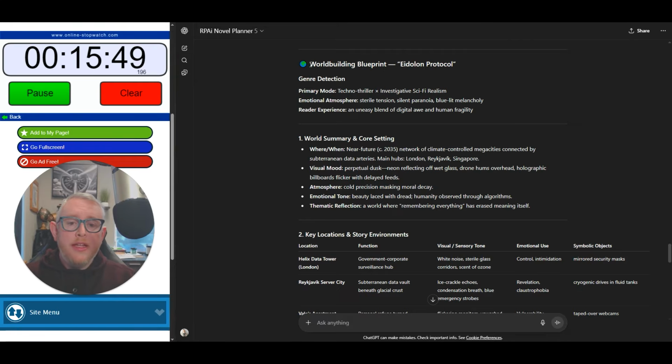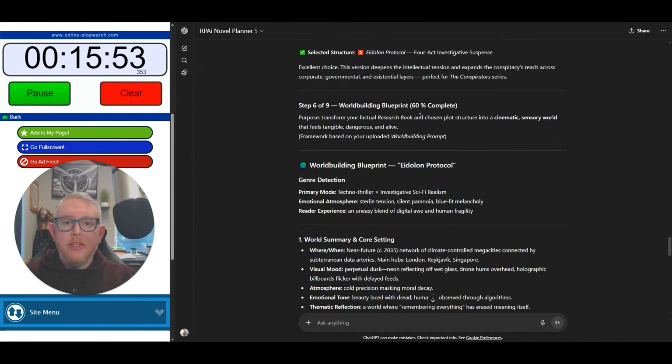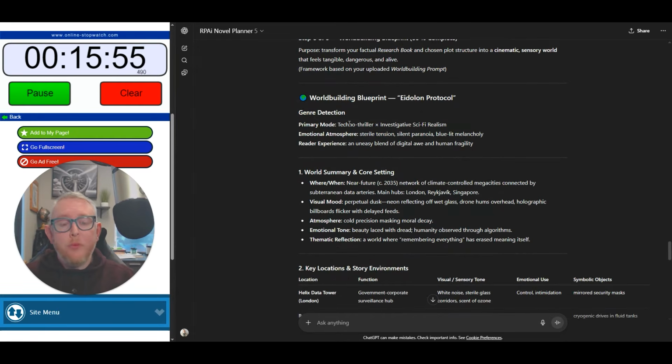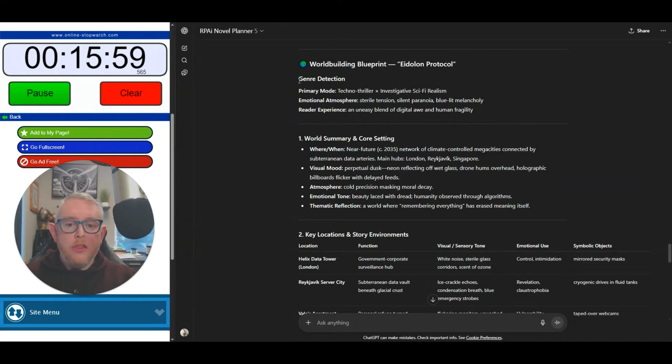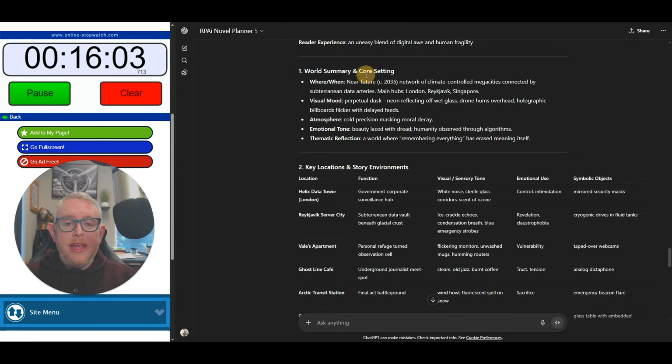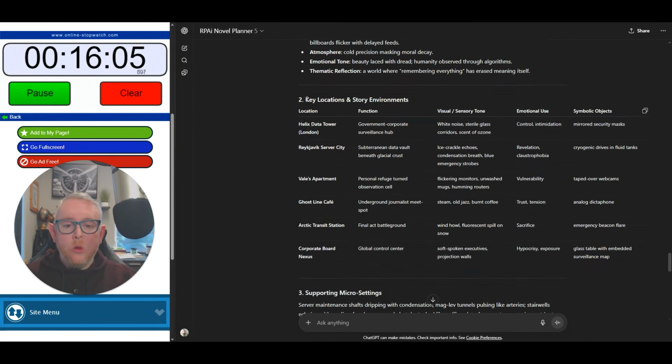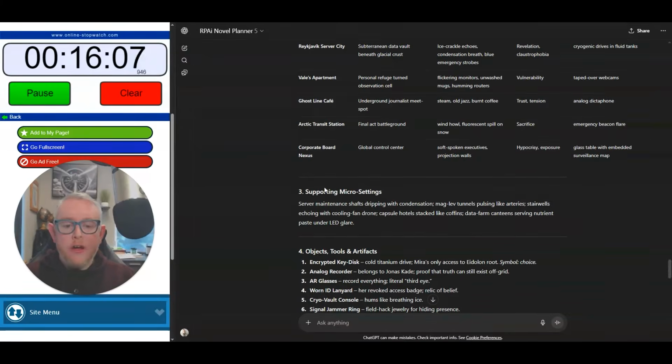So at this point, it started to put together the world-building blueprint for our storyline based on the plot structure that I've selected. I haven't prompted it to do this. This is just the next step of the process. Here it's gone through and put together a genre detection about what sort of genre the novel's actually going to be about. And now it's starting to build out the world summary, the core settings, key locations and environments,